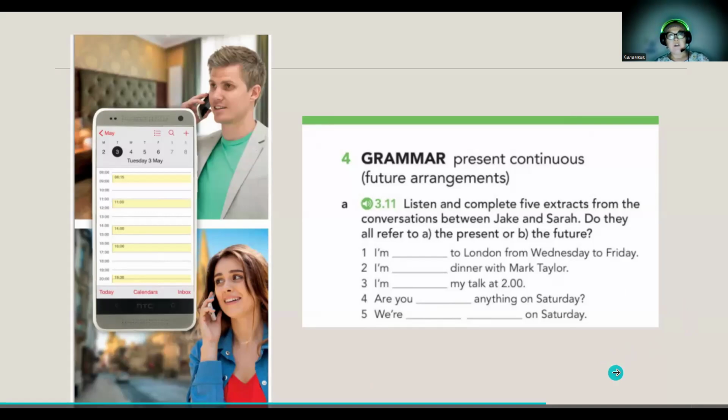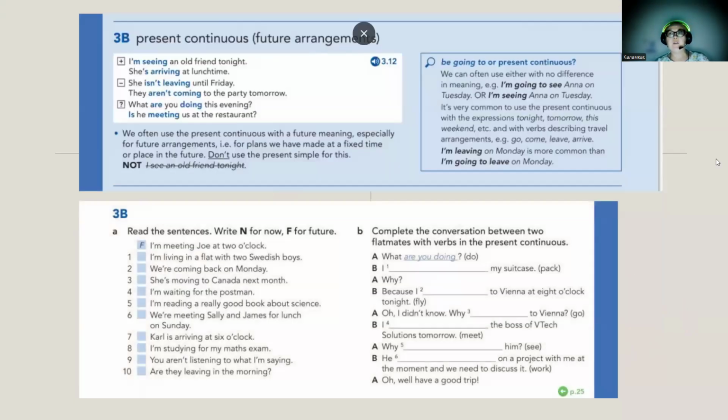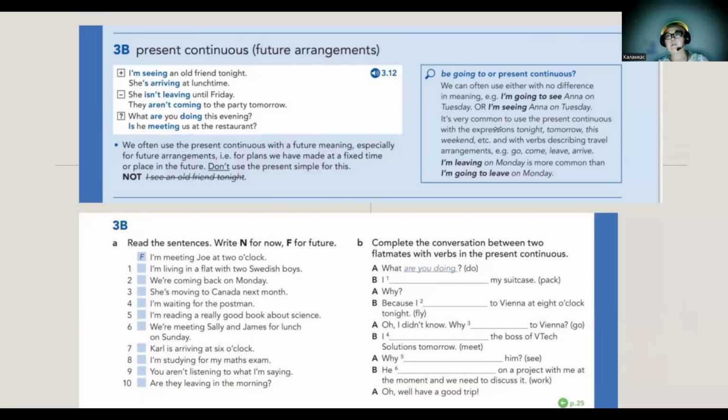And let's go further. Now let's talk about present continuous and future arrangement. You know how to make present continuous. For example, how to say positive: I am seeing an old friend tonight. She's arriving at lunchtime. Negative form: